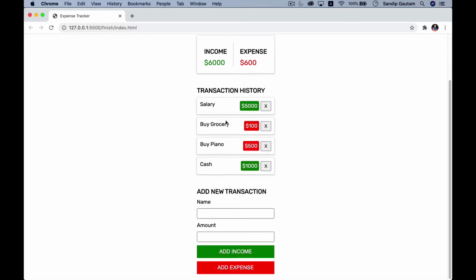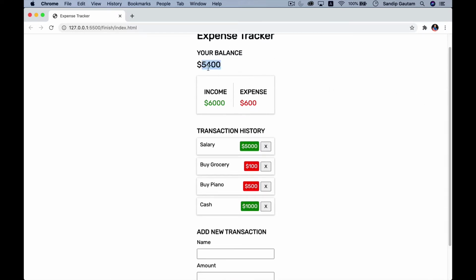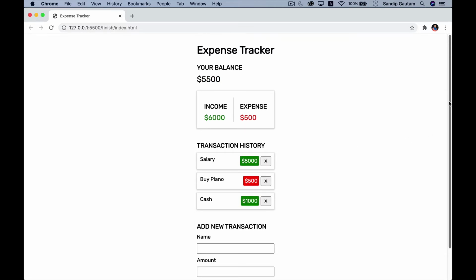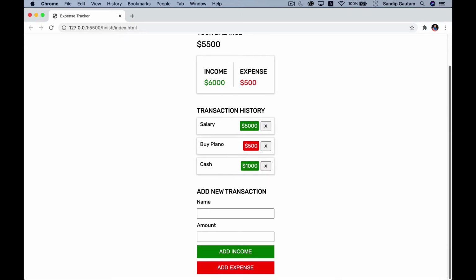I can delete my transaction from this history using this delete button. Maybe I'll delete this record of grocery. So if I remove this 100, this is going to become 500, and that 100 will get added into this balance. So I'm going to remove this. See that? So this is a really simple and beautiful application which we are going to write throughout this section,